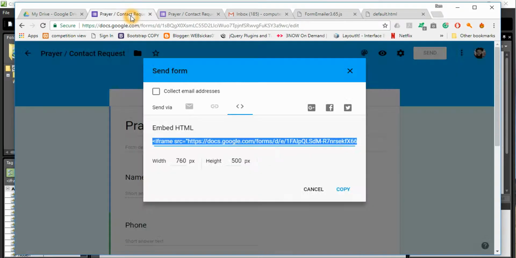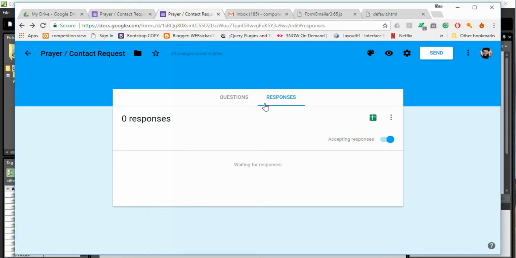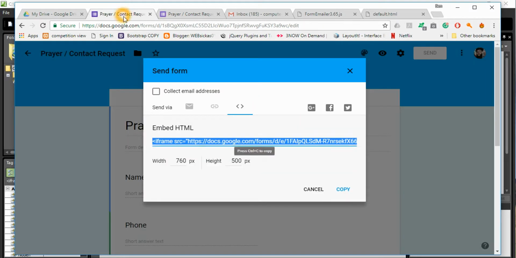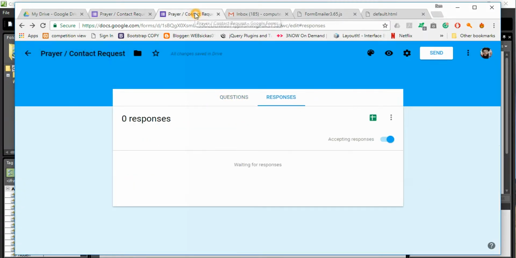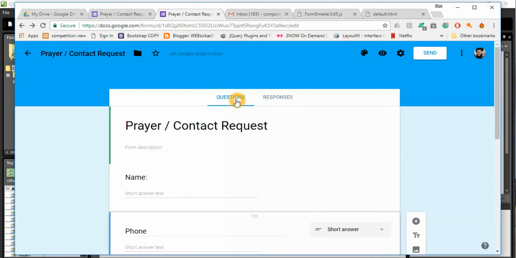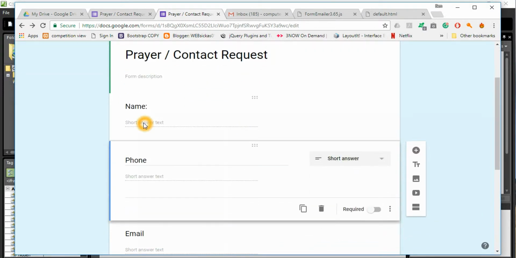The point is that when we have our form and a response is made, that goes to a Google Sheet, and we know what that looks like now. We've seen how to do that. So what I'm just going to quickly do is come in here, and I'm going to